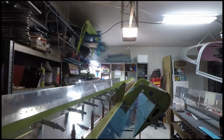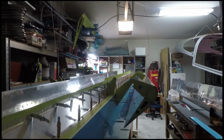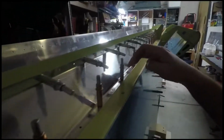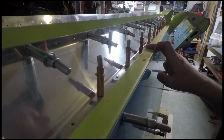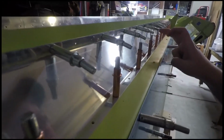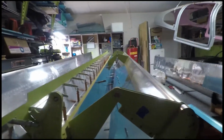I'm going to go ahead and get those installed. They shouldn't be too much work. It's a matter of pulling the bluing, cleco them on, drill them, deburr them, sand them, scuff them, etch them, prime them, and rivet them on. And all of these rivets you should be able to squeeze. But that means I've got to get into here to squeeze them, because they're 470-something, -4 rivets, I believe. Anyway,